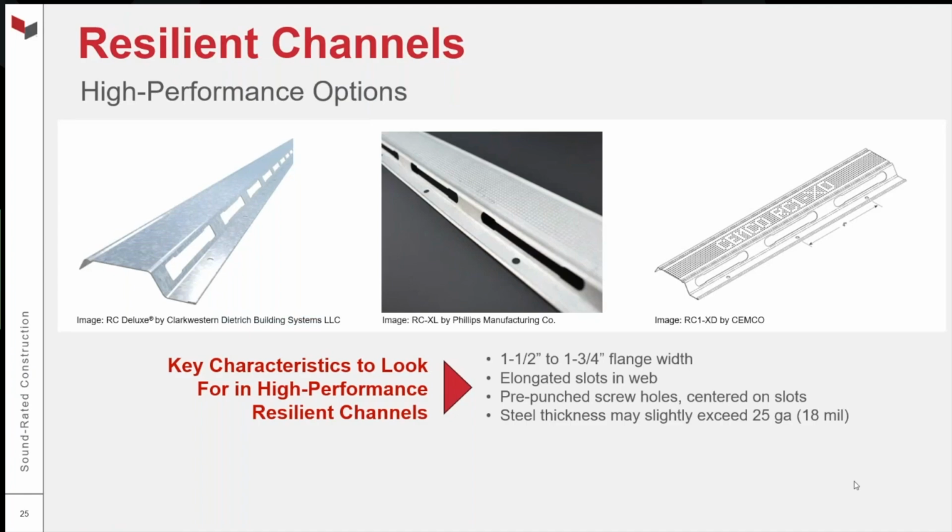Also with these channels, you might find that the steel gauge or the steel thickness will slightly exceed the 25 gauge minimum noted in the UL designs. But this is what to look out for. So if anybody on the call is an architect or a specifier, these high performance resilient channel options are now specifiable. You have 3 options. And if you're a contractor, you now have multiple options. And it's good to keep this in mind because